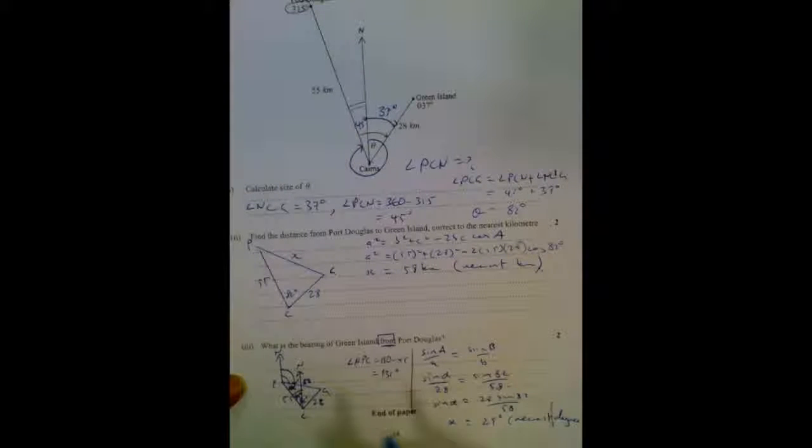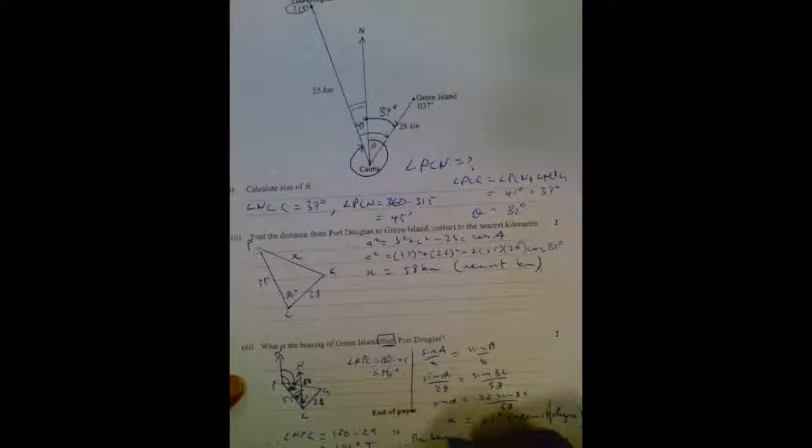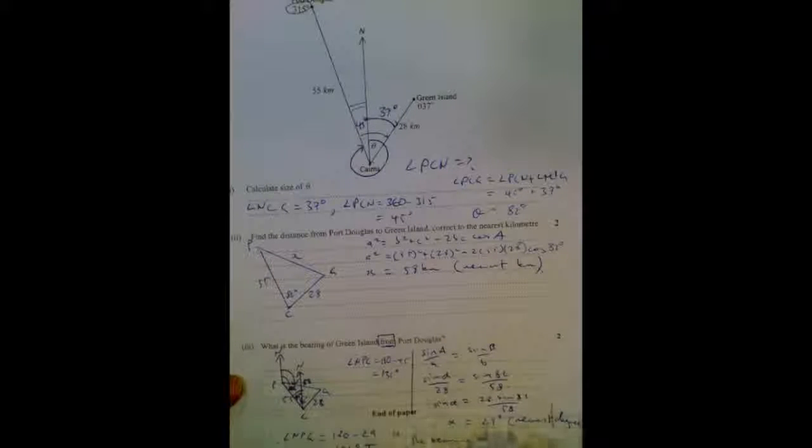So that's only part done. Now to find the bearing, angle NPG is equal to 135 minus 29, which works out to be 106 degrees true. So therefore, you should write a statement: the bearing of Green Island from Port Douglas is 106 degrees true. Now that is a very good question, and I hope